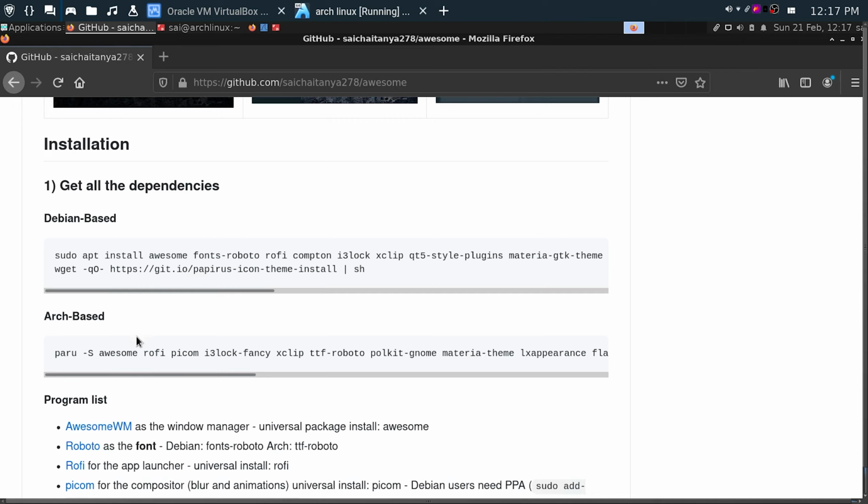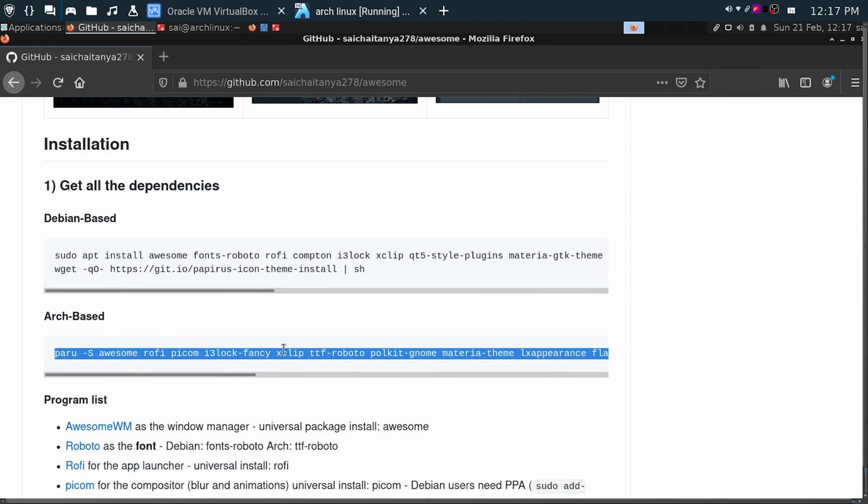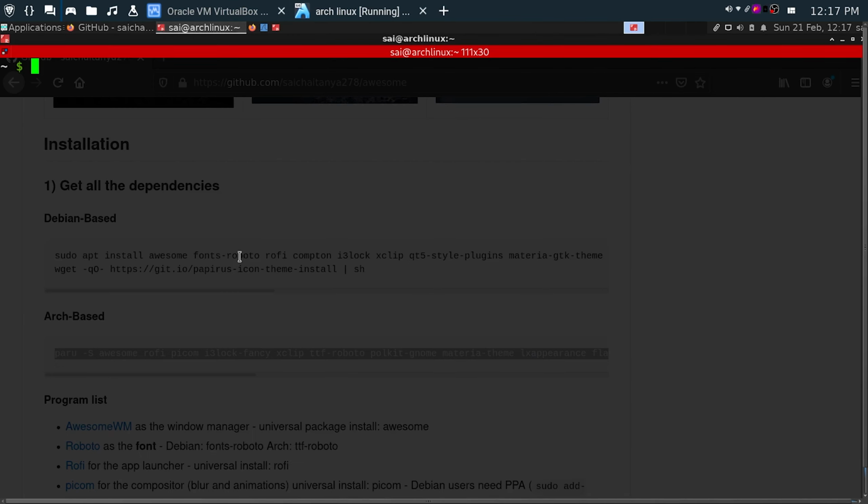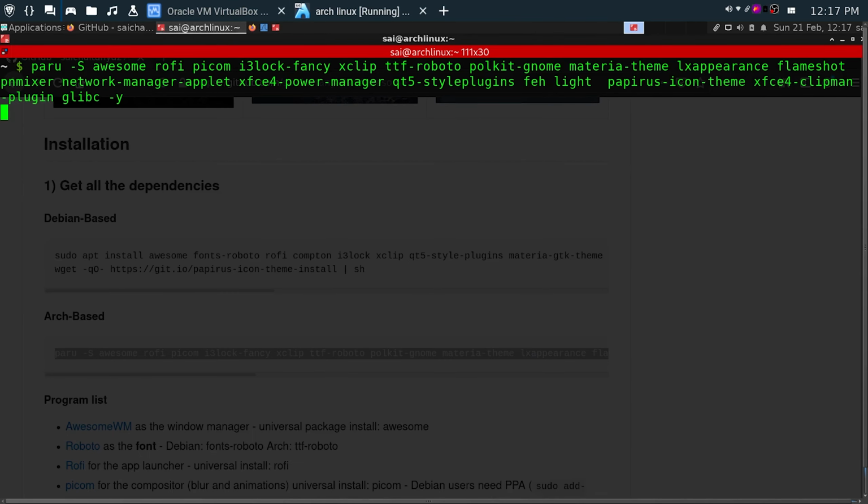First of all, for Arch users, I used the Paru package manager because Yay development stopped, so I switched to Paru. You can see that. You can copy this command, go to your terminal and paste it with Ctrl Shift V, and press enter.